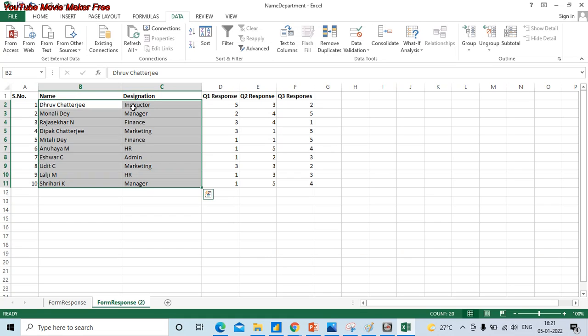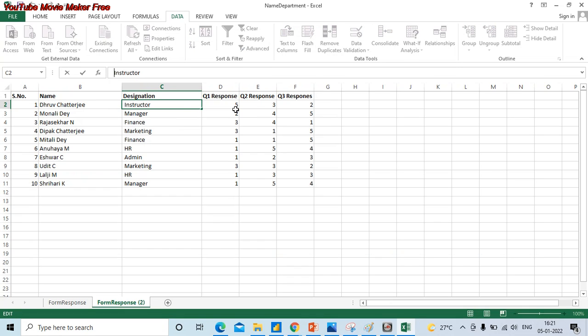However, a closer look at the data will show that there is another problem here. We have one extra space preceding each of the designations and one extra space after each of the names, right? This might cause some problems in the formatting of the data, and we do not want these spaces to remain there. Again, to do this there are multiple options, but I'll show you a quick practical option, which is to select the data range,